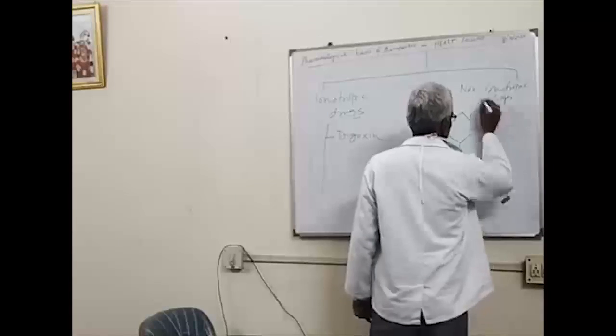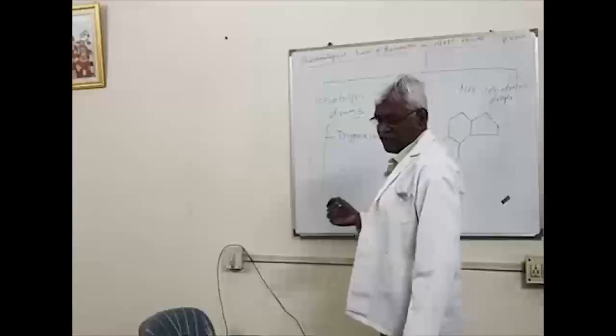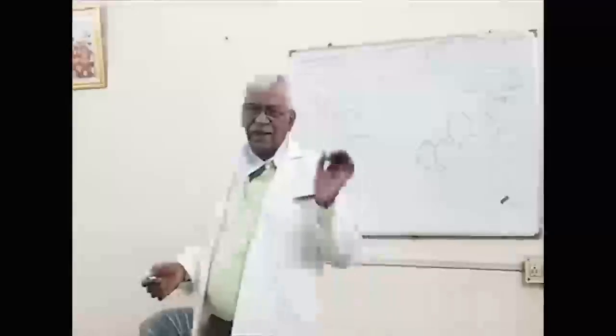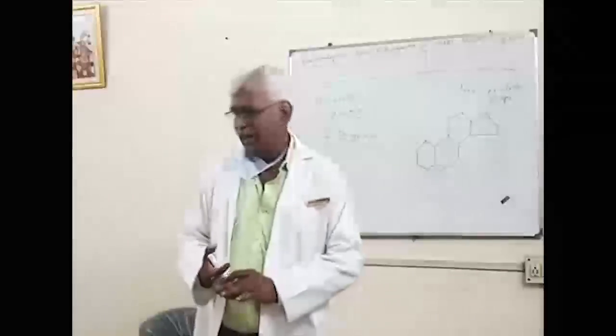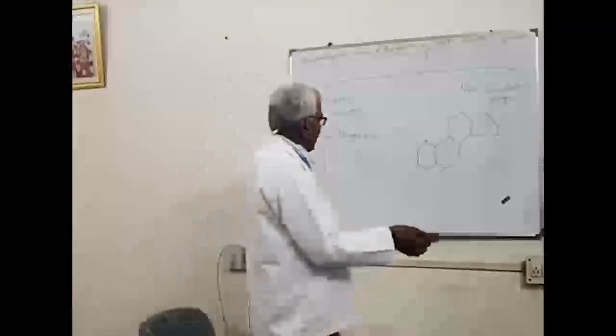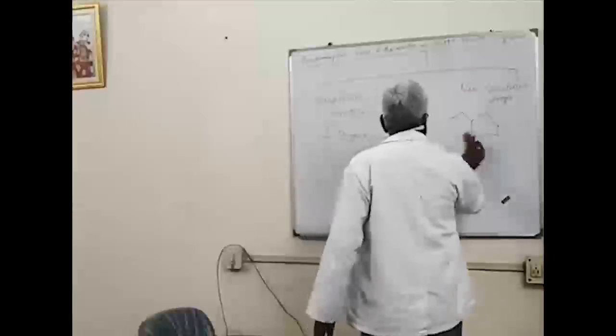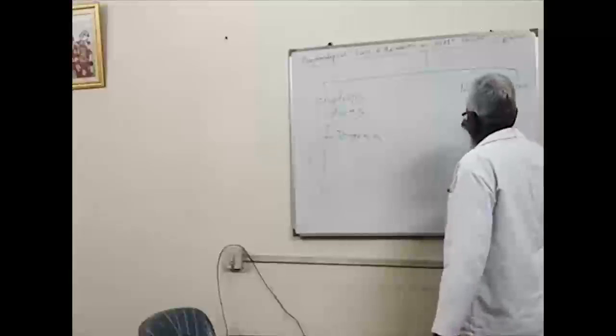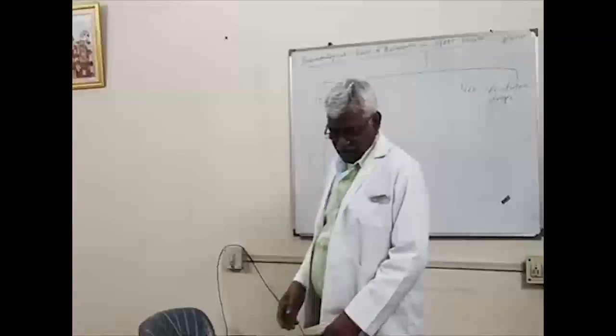And here the sugar moiety binds. The function of the sugar moiety is that it does not directly affect your heart, but it helps in the solubilization of the drug, and it alters the pharmacokinetics of this cardiac glycoside. Now, in order to understand the mechanism of action of the cardiac glycoside, one must know